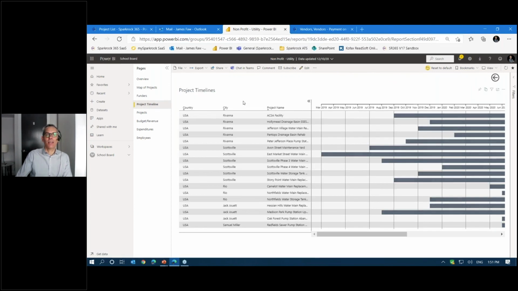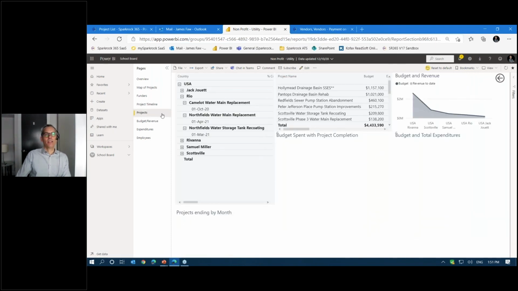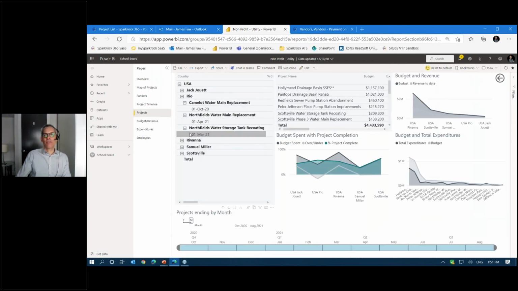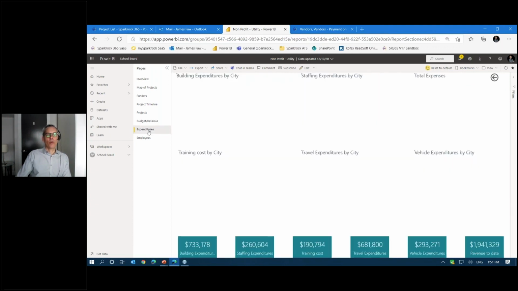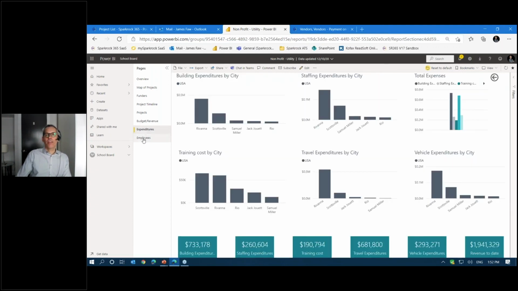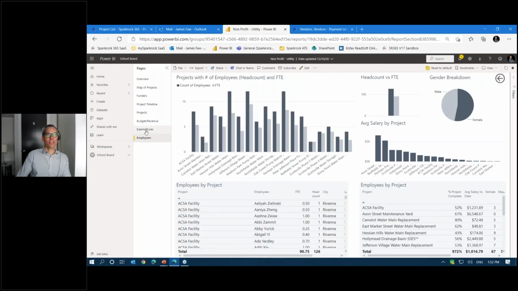If I want to look at timelines for different projects across the organization, look at the breakdown of different projects in different buckets, even budget and revenue, which ones are the largest, so the largest fish here are the larger in terms of revenue, or analyzing expenditures, or even the allocation of employees to specific budgets and counts with FTEs.